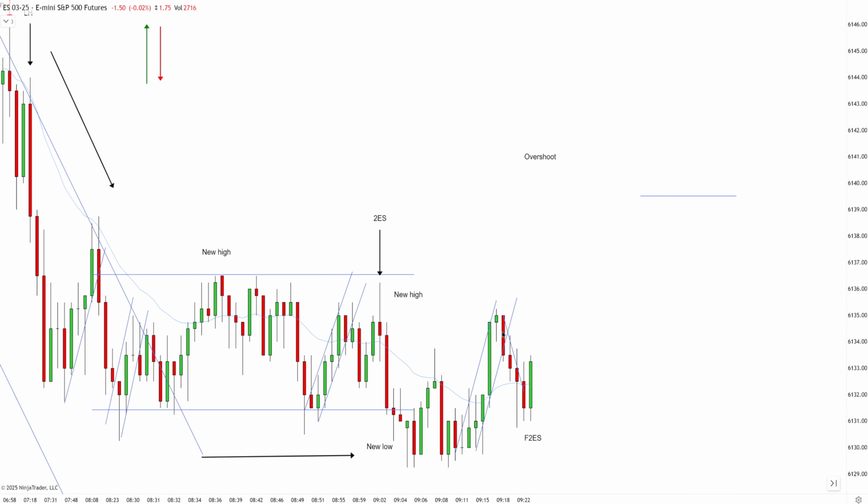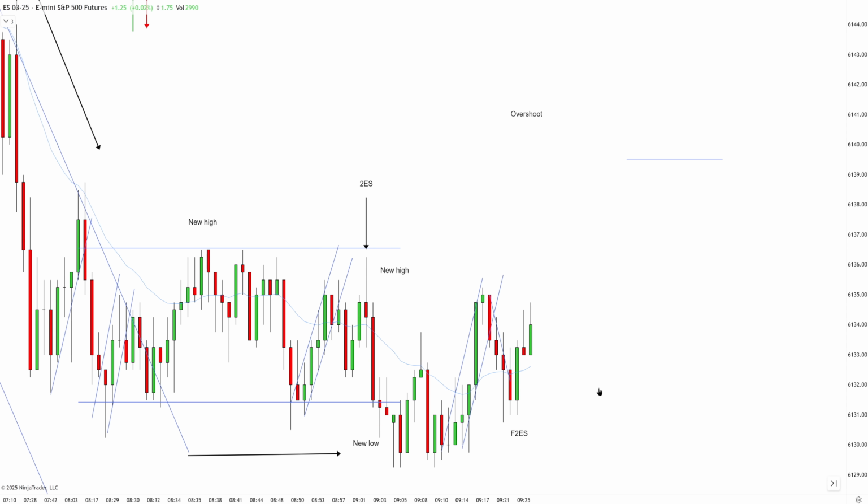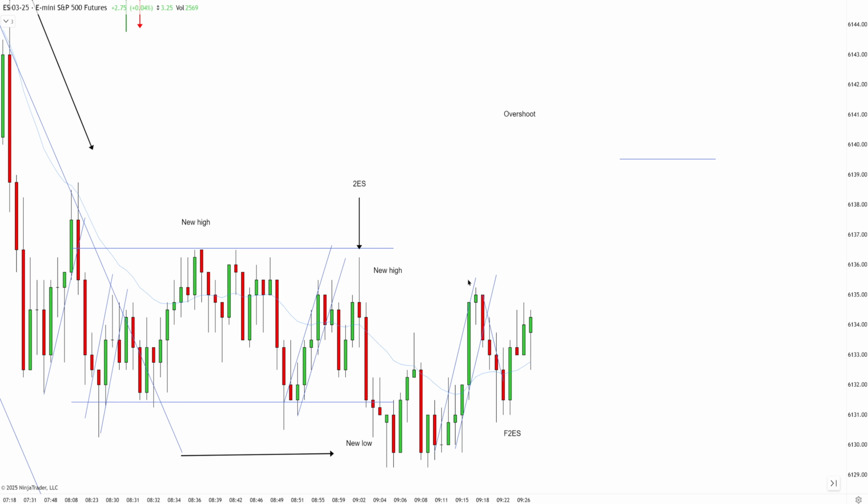So expecting reversal makes sense. But because it broke below EMA, a little bit more risky. So gotta be careful. And now you have an interesting setup because you have new high, first entry long, pullback, second entry long. And this is not only second entry long, you can view it sort of as a continuation of